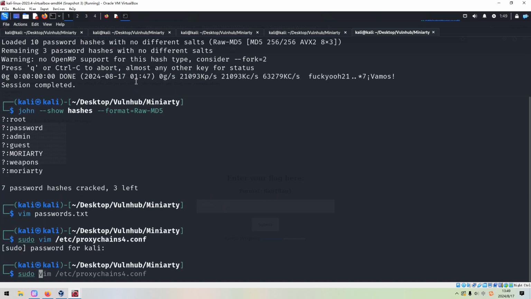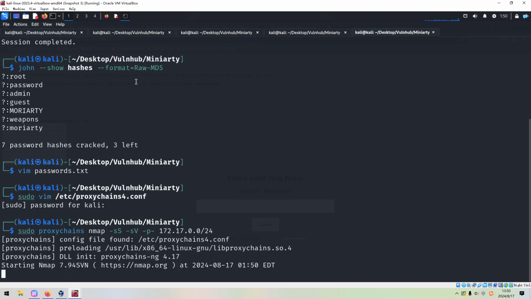So then we can use proxychains and nmap. Okay, so now we can press enter to see whether we can find a new machine which is running the SSH service. Then we need to make brute forcing.